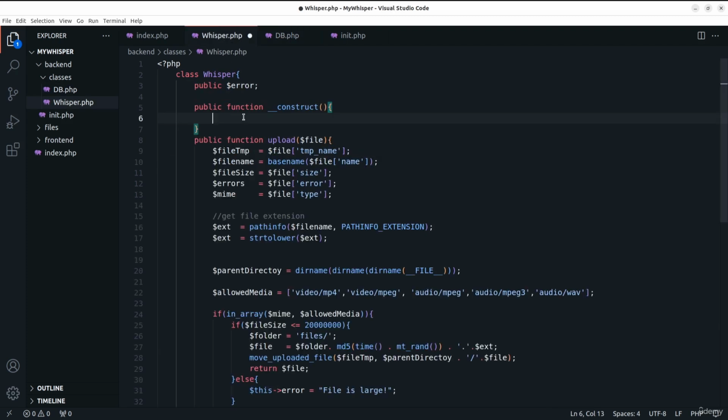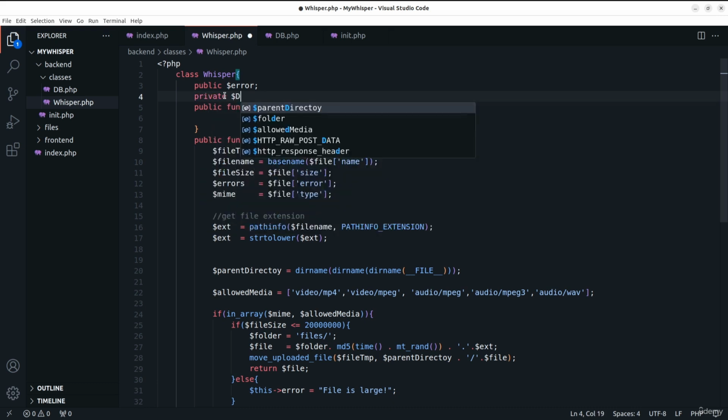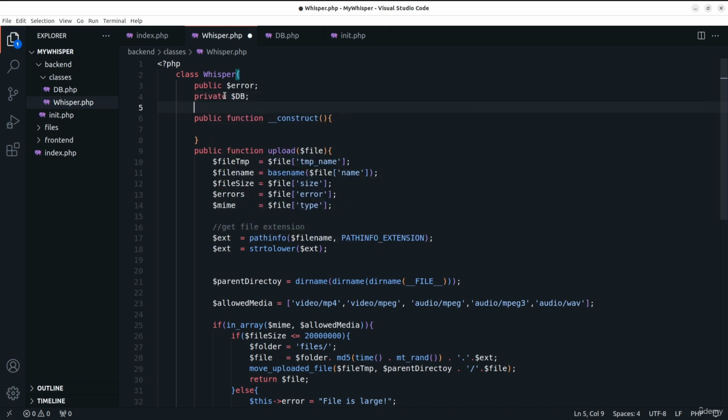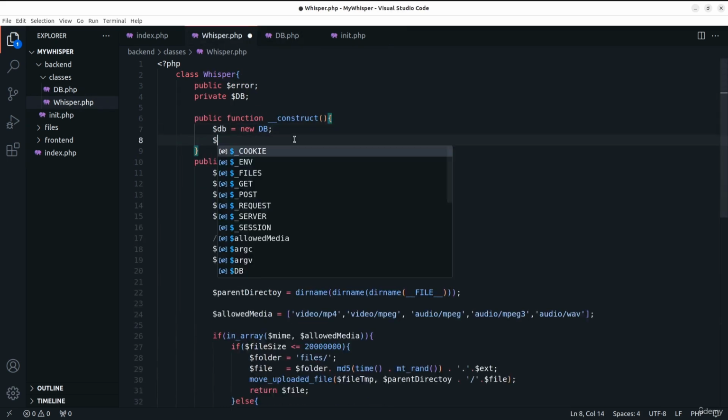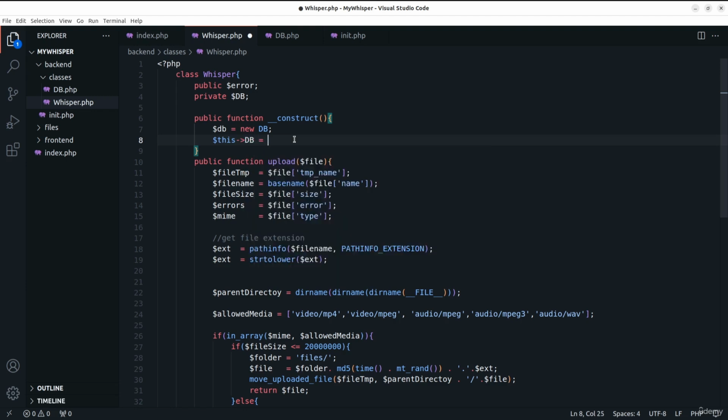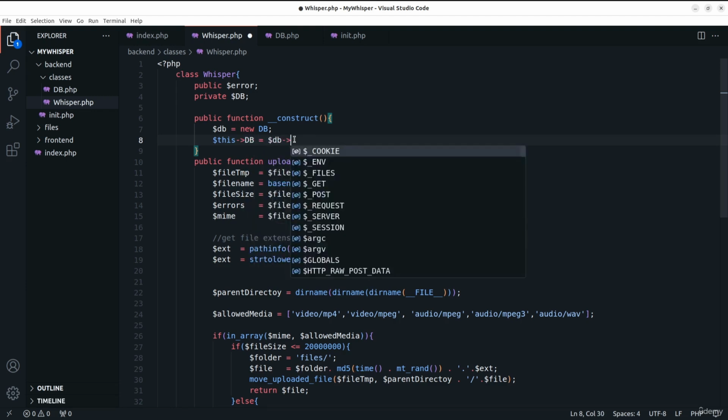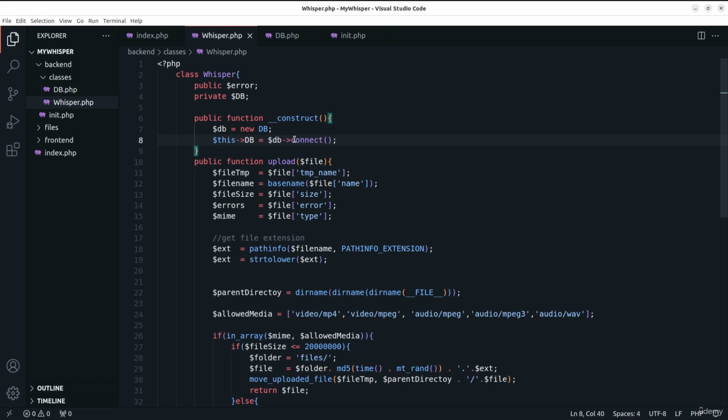So we can create a new variable for that right above here, and this will be a private, and here will be DB. The private is going to be only accessible in this class. So right here we can say we need to create a DB variable, and this is going to be equal to new DB. Now we instantiate the class, this class right here. We can say this DB is going to be equal to DB connect method. Now we have this connection,